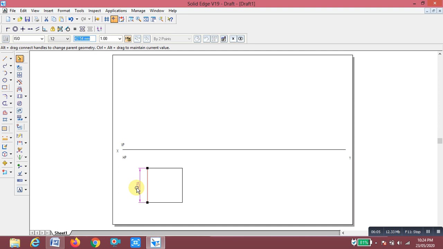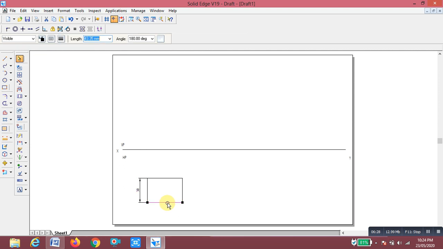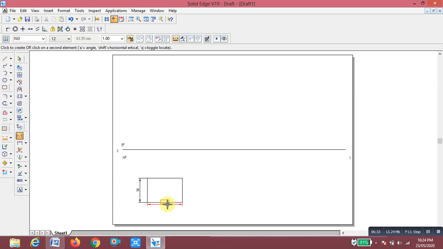The given side of the square prism is 30 mm, so you change it to 30, enter. Now it is changed, right? Similarly for the other edge, we just have to cross verify how much it is. Smart dimension, so it is changed to 30 again, enter. Now it is changed. Then you remove the dimensions.